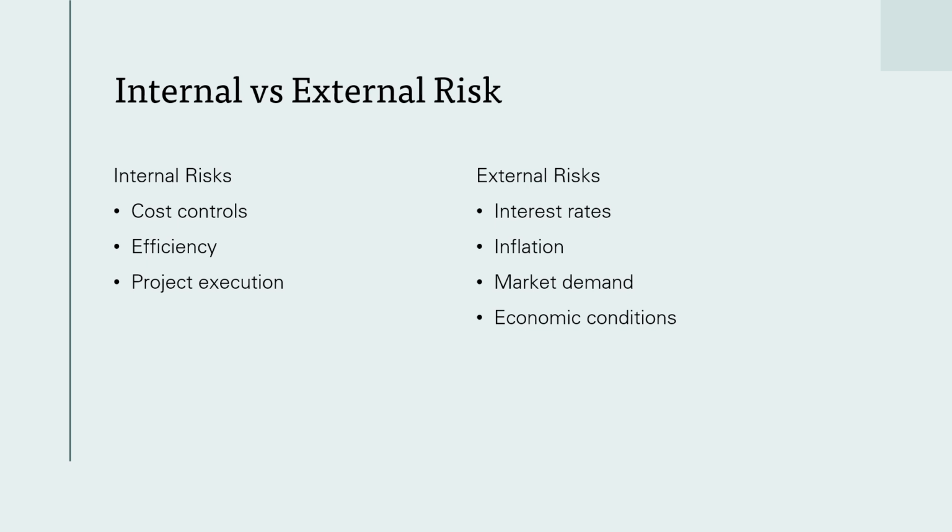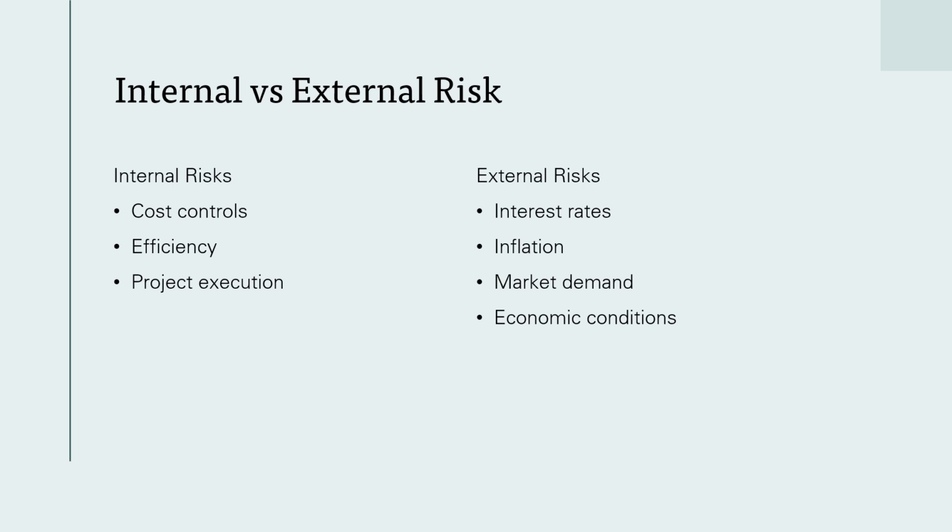Risks in capital budgeting can be categorized as either internal or external. Internal risks originate within the organization and include factors such as cost control, organizational or operational efficiency, and project execution. These risks are generally more controllable. External risks come from outside the organization and include changes in interest rates, inflation, market demand, and overall economic conditions. These are largely uncontrollable, but must still be accounted for. Sensitivity analysis helps managers understand how both types of risk affect project outcomes, allowing them to prepare for uncertainty and